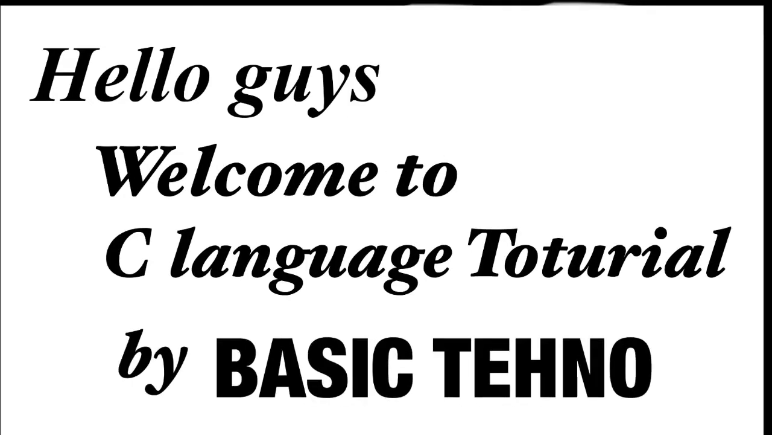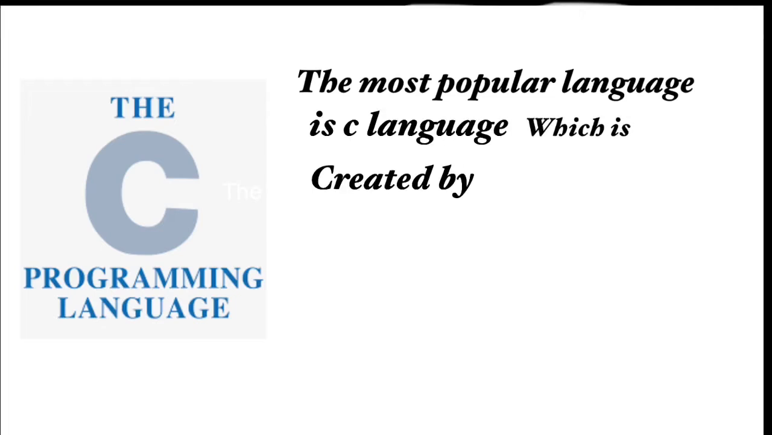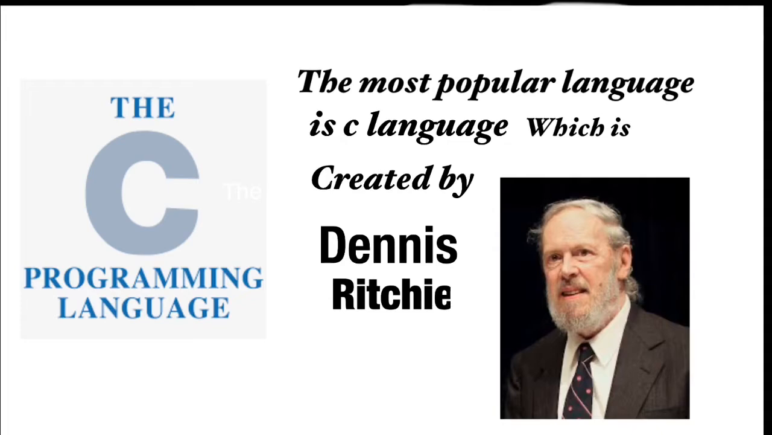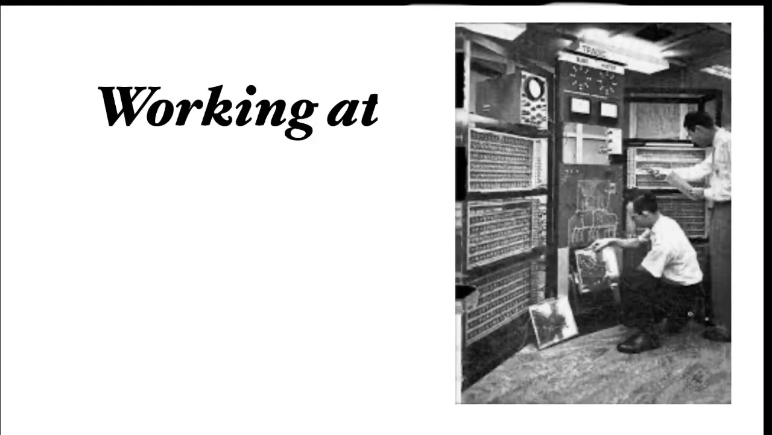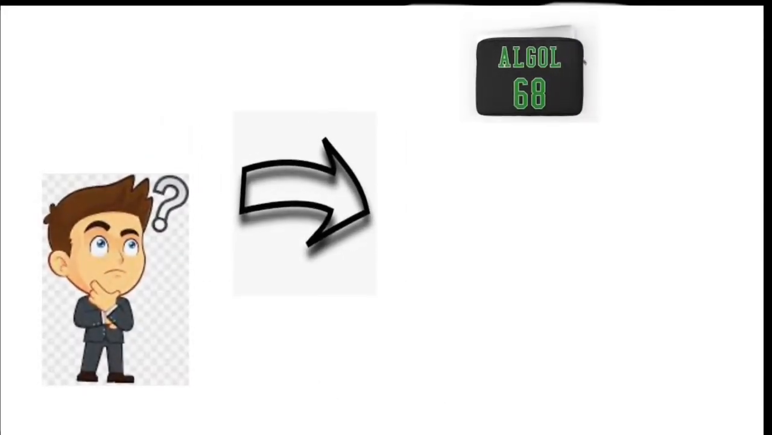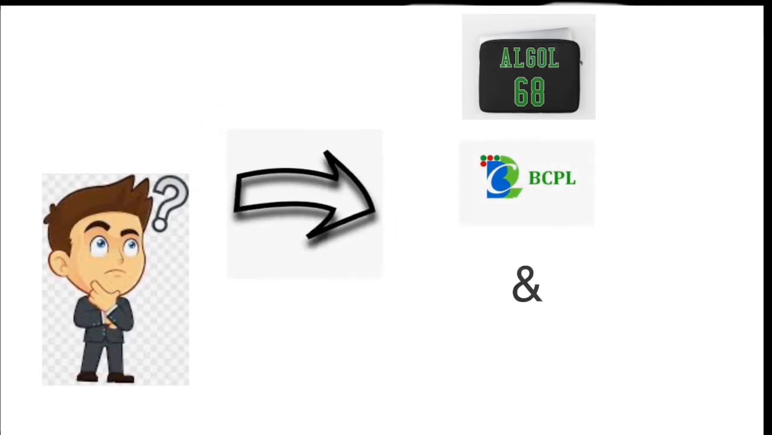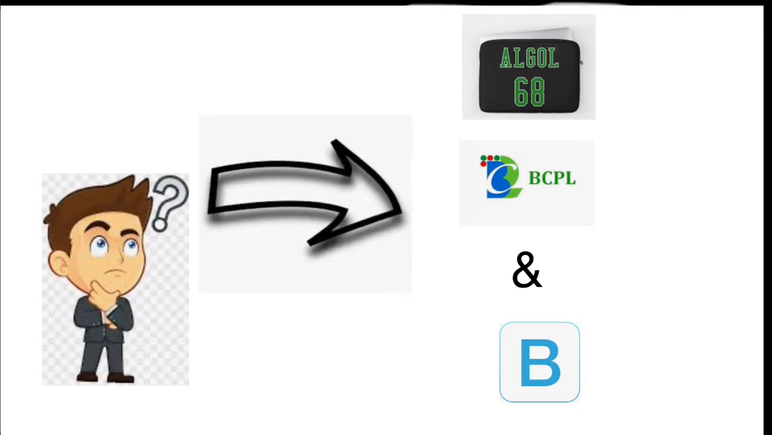The language has been given the name C because it succeeds another language called B. C is one of the most popular computer programming languages, which has existed for the last 47 years. It was created by the famous programmer Dennis Ritchie with the help of Ken Thompson while working at Bell Labs in 1972. C language has evolved from three different structured languages: ALGOL, BCPL, which stands for Basic Combined Programming Language,